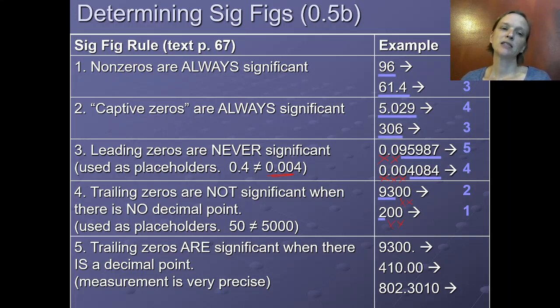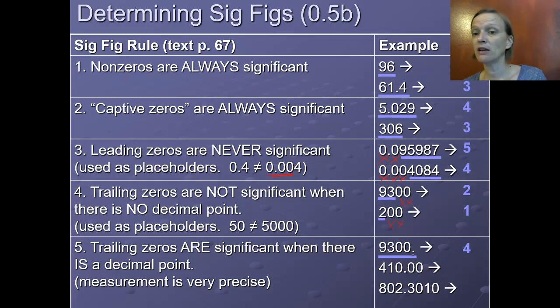Lastly, trailing zeros are significant when there is a decimal point. It means that the measurement is very precise. When we include that decimal point, it means that all the digits after it are meaningful. So with 9,300., that decimal point tells us that all 4 of those digits are significant, that we measured 9,300